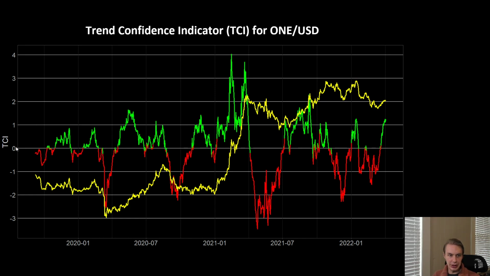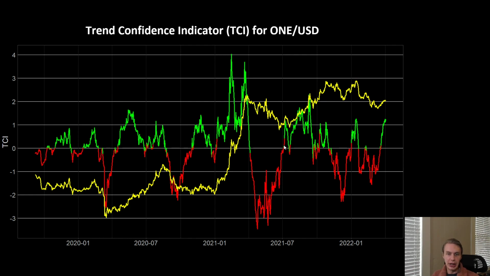So the way you can read this is that 0 is kind of the critical level, and anything above 0 is kind of bullish. That's what we want to see, and anything below 0 is kind of bearish. And the way you can interpret this is that if the asset is in an uptrend, and then the TCI flips red, that's a bad sign. That suggests that uptrend might be at its end. Whereas if the asset is in a downtrend and the TCI flips green, that might suggest that the downtrend's over,